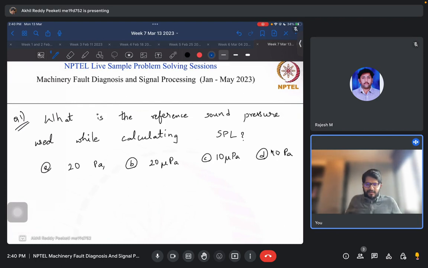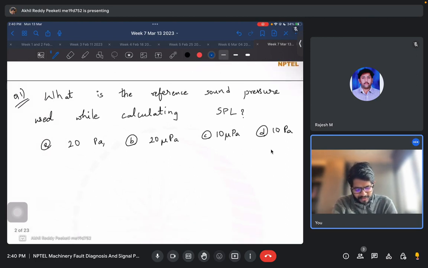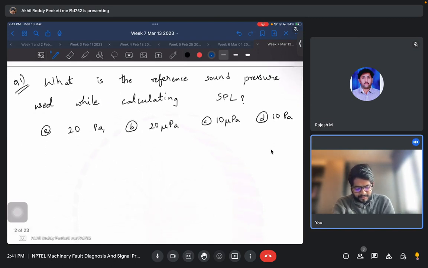So this session will mainly cover questions regarding noise measurements and monitoring. For the first question, what is the sound pressure level and what is the reference sound pressure used while calculating SPL? There are three different measures of sound called SPL, SWL, and SIL, and each of them has separate reference values. Based on that, you can quantify how much more the current sound is. Here for SPL, which is sound pressure level,